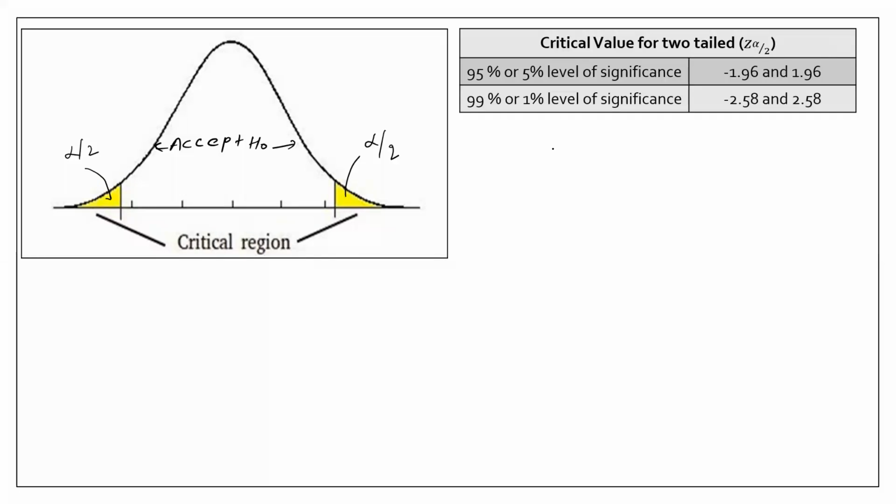So for 95%, if you want to check, just take 0.95 divided by 2, we get 0.475. Search this in the normal table, and you can see that this value will be at 1.96. And because it is two-tailed, positive and negative both come into the picture. So you have to take the negative value and the positive value. This we have already spoken about at confidence interval time.